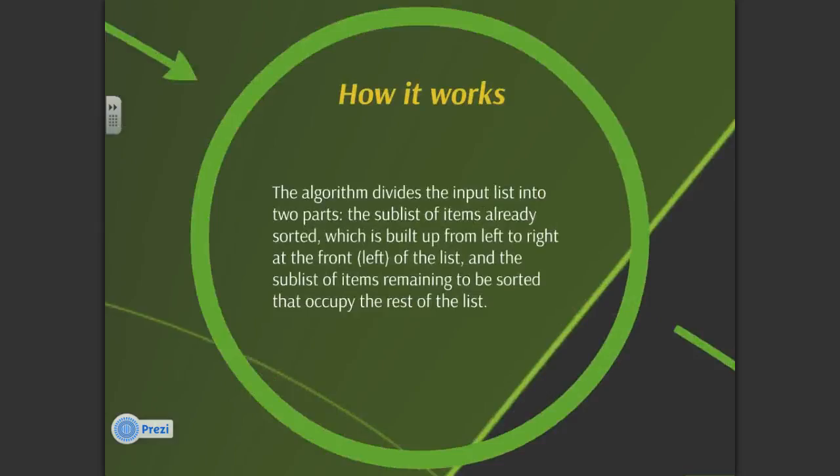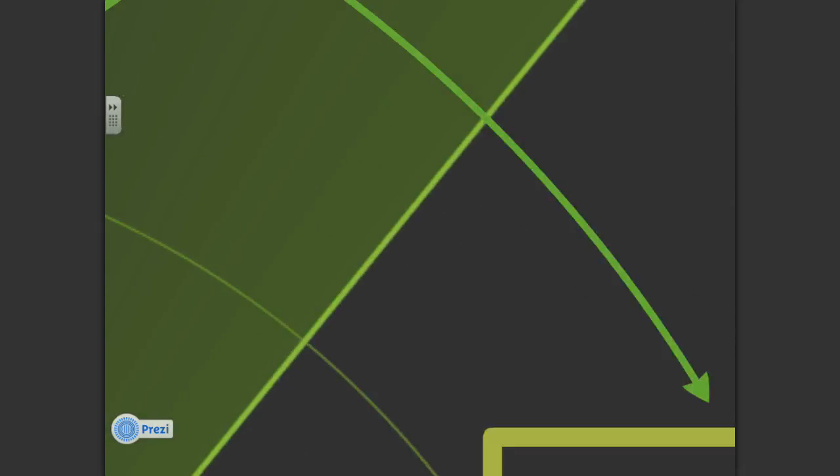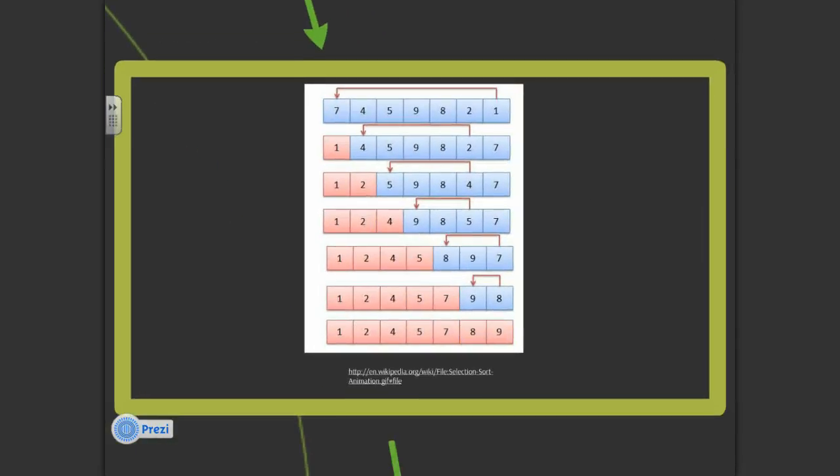Basically, how it works is, I'm not going to read this, I'm just going to explain. You have your list and it's not sorted. So it goes from left to right and finds the smallest number. It compares every value in the array, and after it searches all the way through, say this one was the smallest I found, it determines the smallest number and moves it to the left,